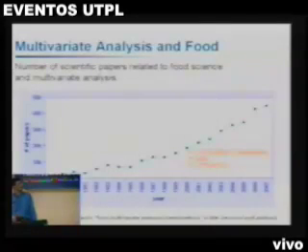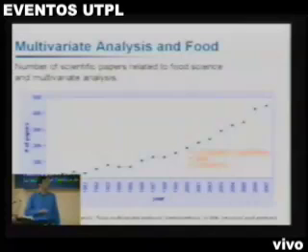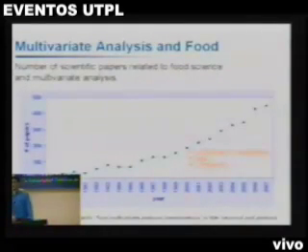Okay? And you can see that this scientific production is increasing. Okay? Why? Maybe because now it's easier to publish a paper, because there are more journals, because there is internet, but probably because